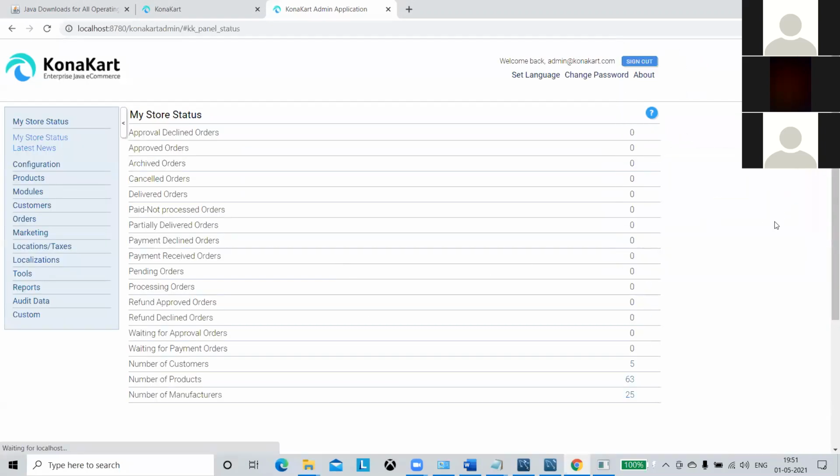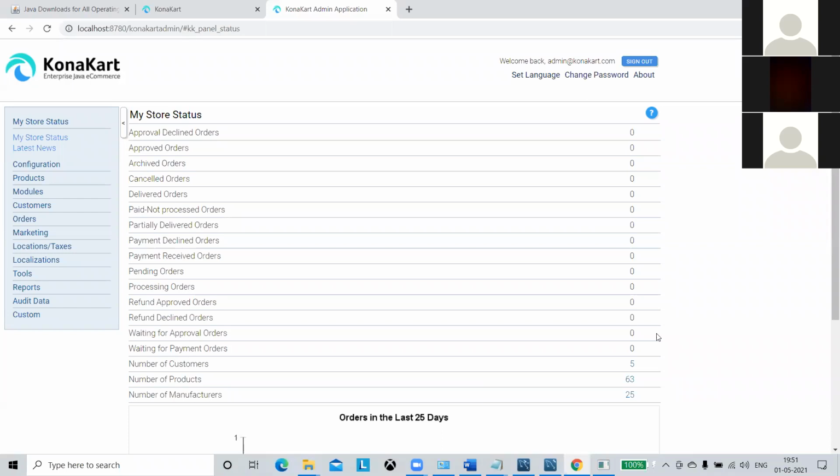Now you can see all the orders that are already placed, all the products, all the customers, right? Now, are we good here? So the Konakart application is set up successfully, right?